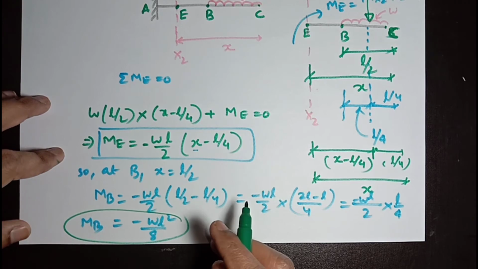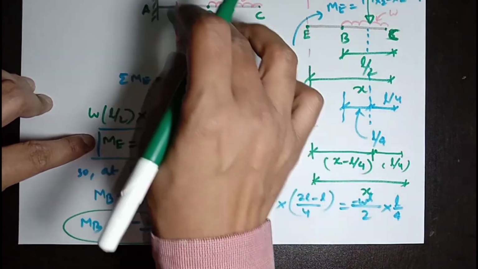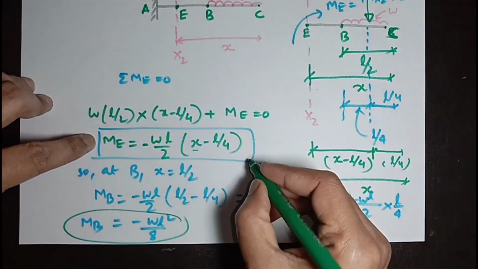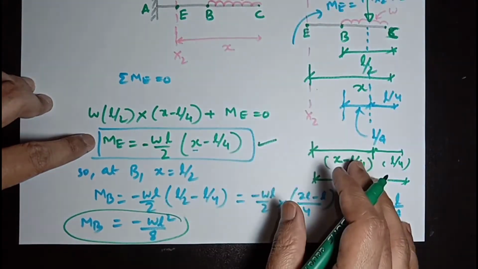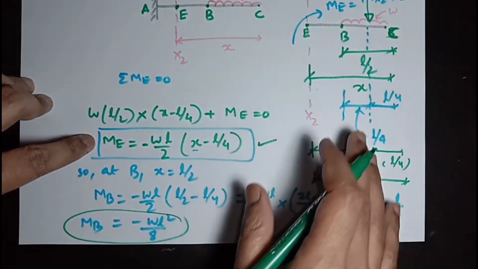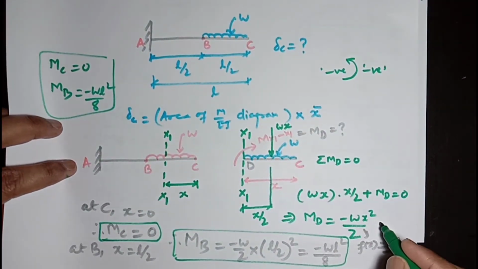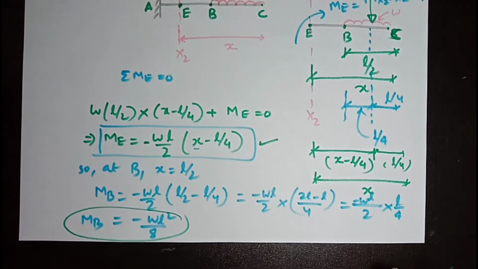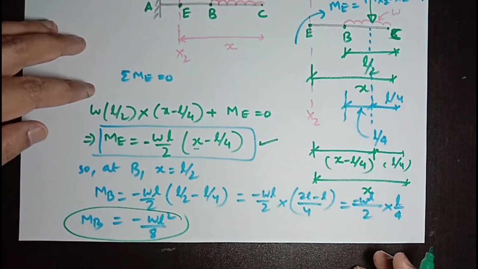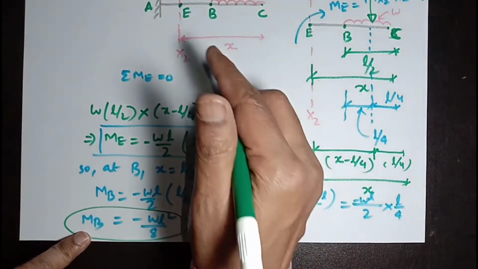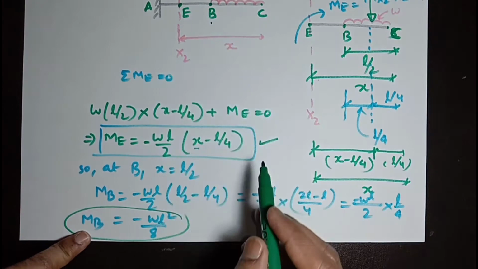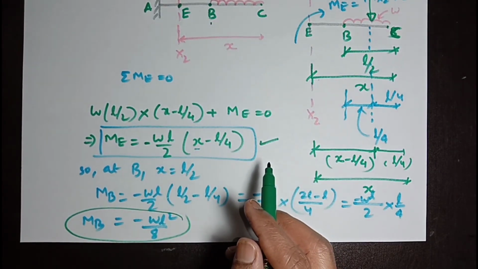So I can say our expression for bending moment for the B to E part is correct, and from C to B is also correct from this sheet. C to B general expression is WL square by 2, it is correct also. So now I am done with the bending moment value at point B. Now I am going to find out bending moment at point A of this beam.